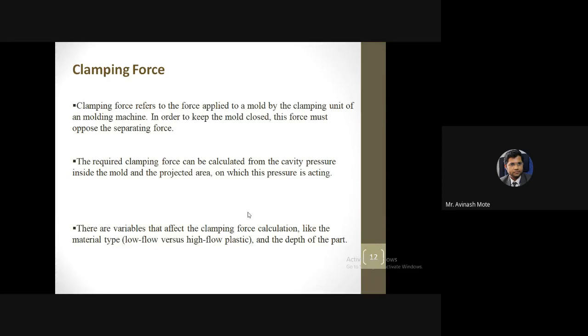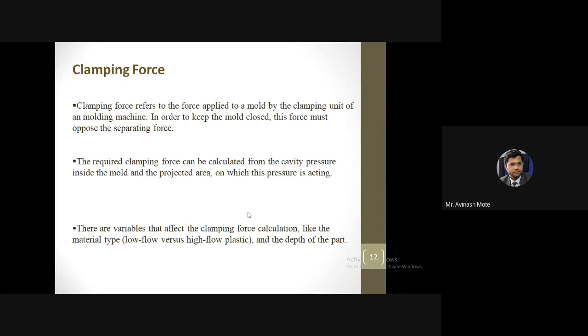The cavity will also be plain, with no complex shape. If you pour the molten material inside that cavity, it will easily occupy each and every space. There is no depth to the part, and the thickness is also going to be less. There is no complex design or shape, so the pressure requirement is very less.